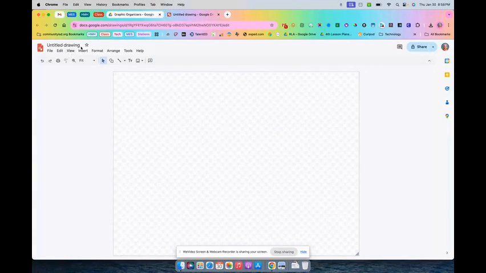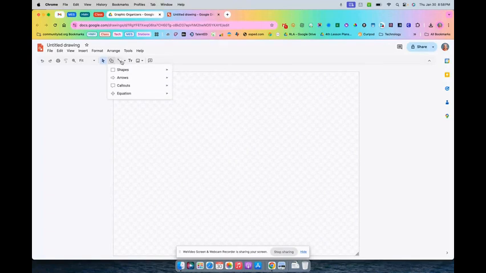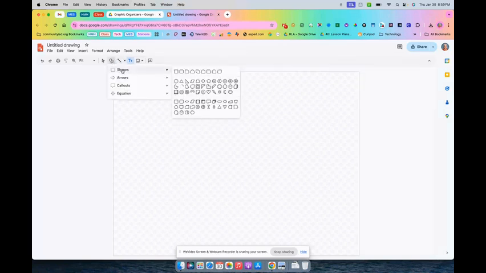So from this, okay, we're going to create a Venn diagram. That's going to be the easiest thing to do. But you have shapes that you have to choose from: arrows, callouts, and equations. You have many different line tools. You have text boxes. And then, of course, you can insert any images that you need to. So on a Venn diagram, if I start with that,